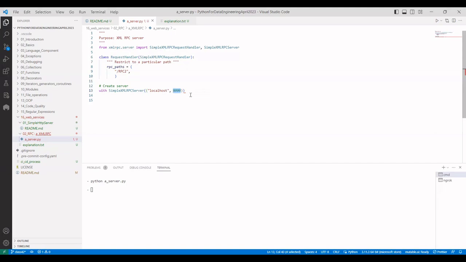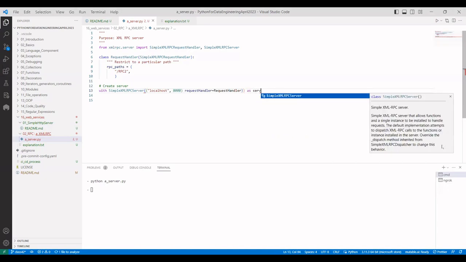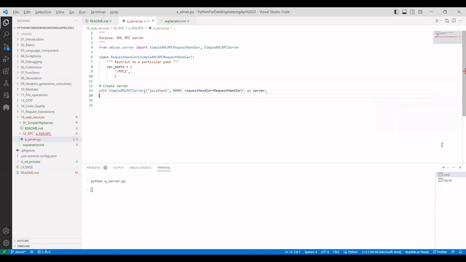So next, in this particular thing I created, now I need to have a request handler. And for that request handler, I need to pass it on, say request handler, and I want to create that as a server. Now I created one server like that. So this setup is fine. For the server, I need to register the introspection functions. So once it is done,